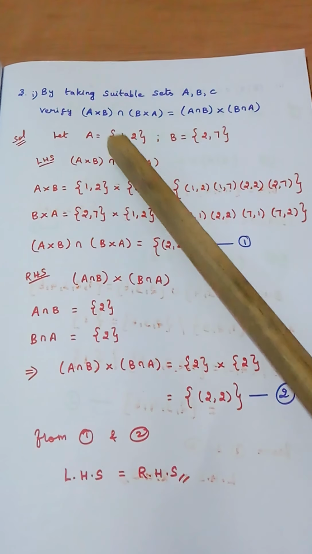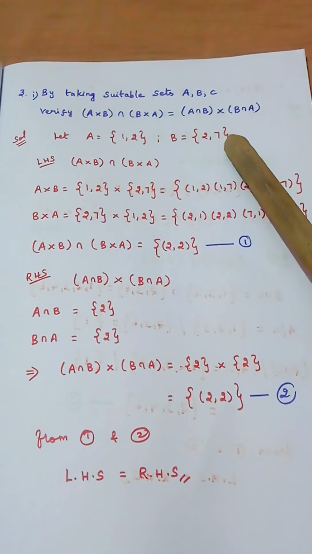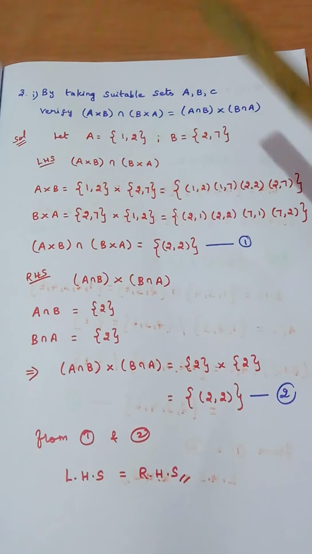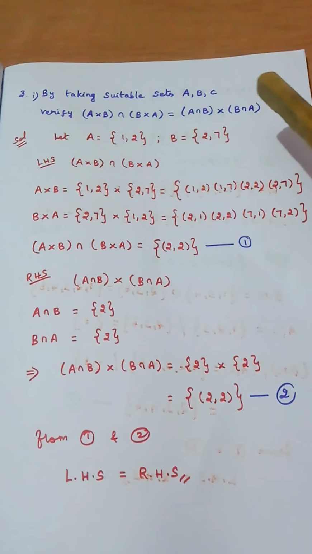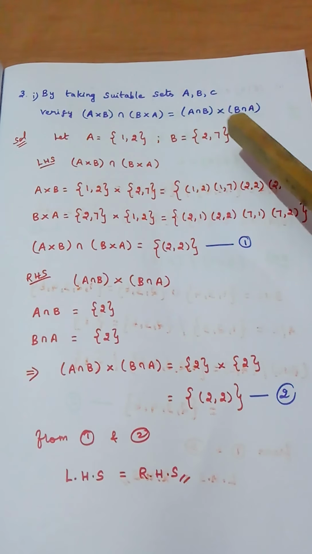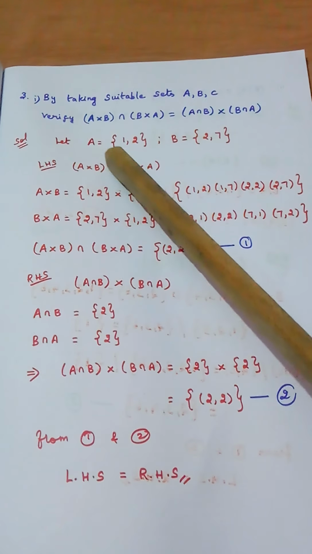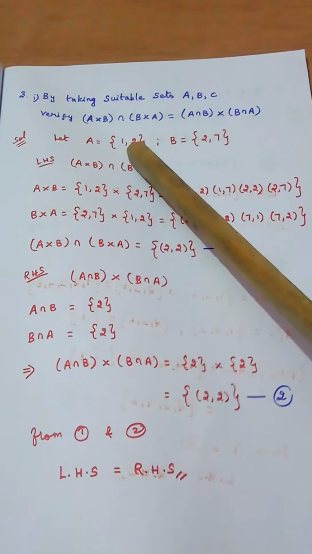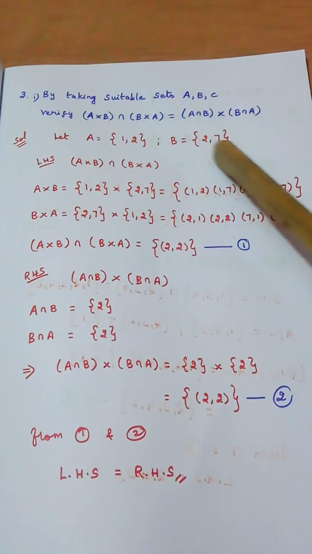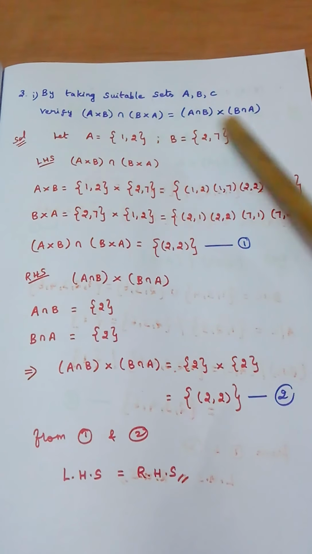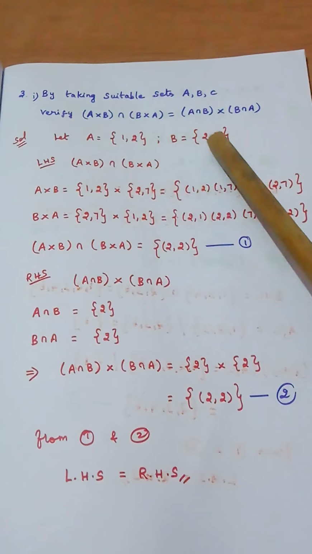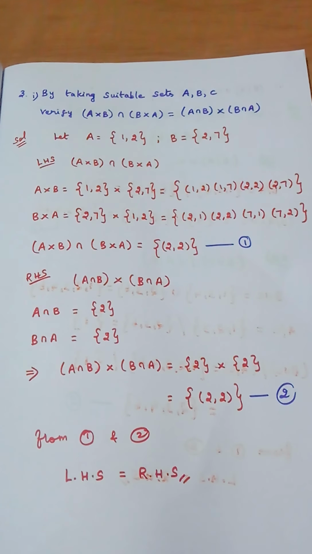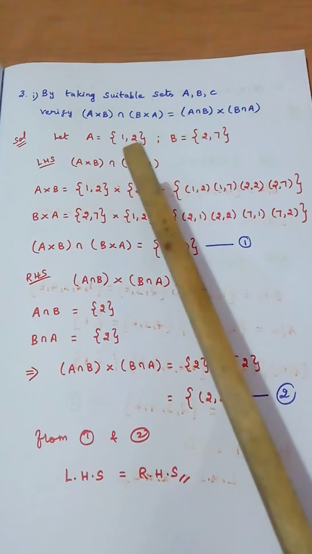You may ask, sir, whether we have to take the same numbers? No. The answer is no. You can choose your own set, but choose with some logic. Don't simply choose something. Here I have taken simple sets: capital A has only two elements. Even in B I have taken only two elements. Since intersections are present, I have taken one element as common, right? With some kind of simple logic you can choose your own set. Okay, now we have chosen our own sets A and B.